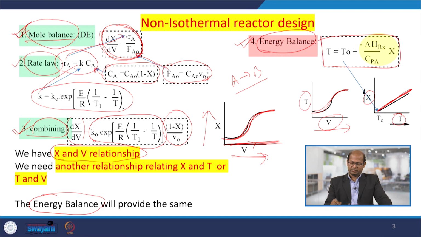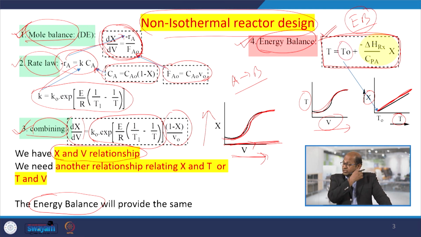So, if this is the energy balance equation, how that equation has come we have not discussed yet. These are the things we will discuss, how to develop this energy balance. This is the energy balance equation for non-isothermal reactor design. So, how that equation has come, this is, let us say, the inlet temperature of the feed entering,